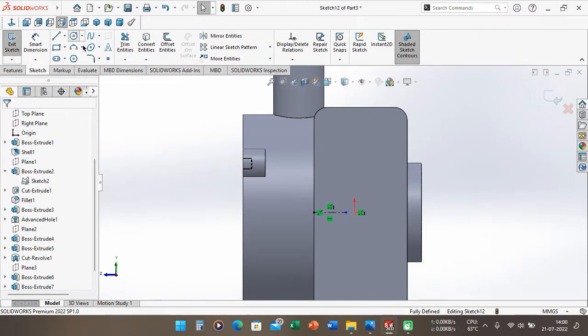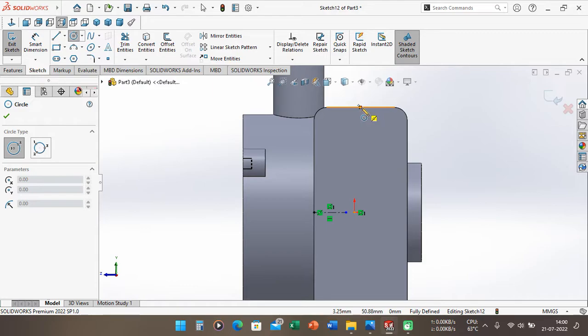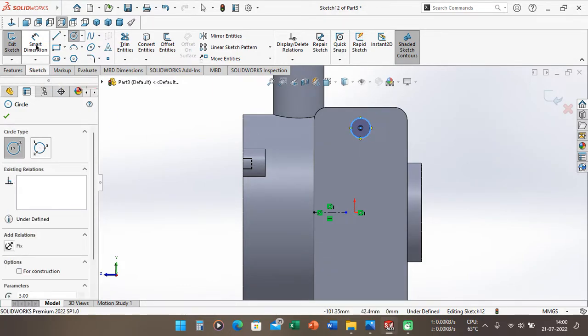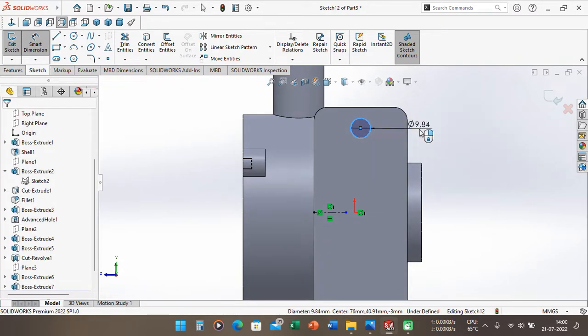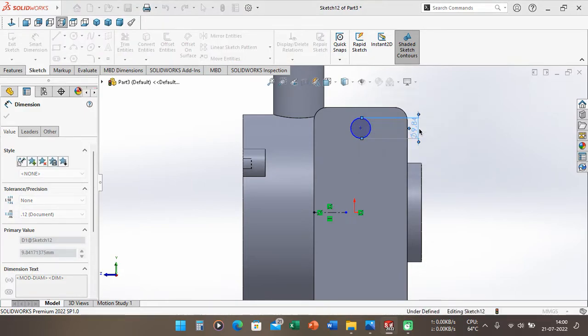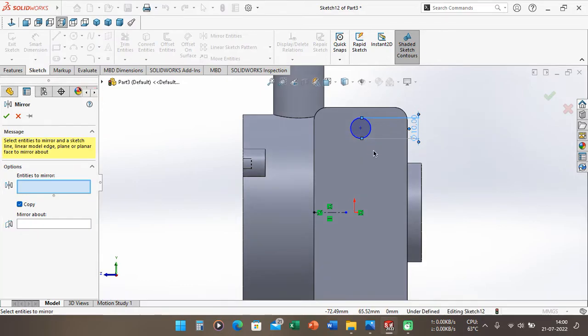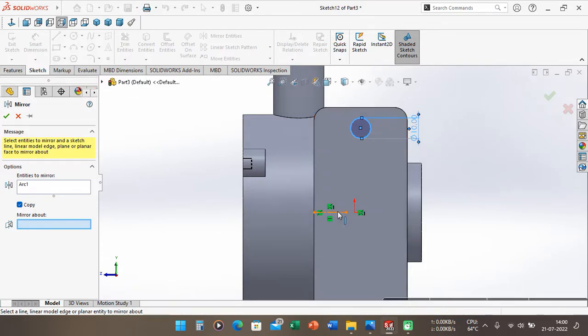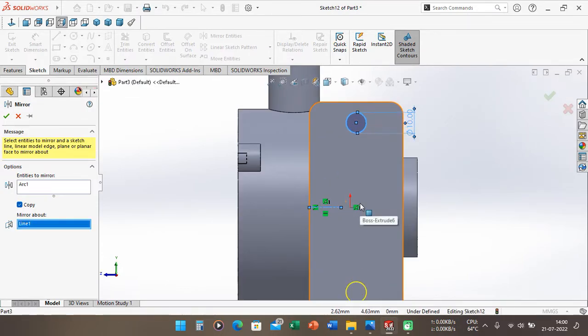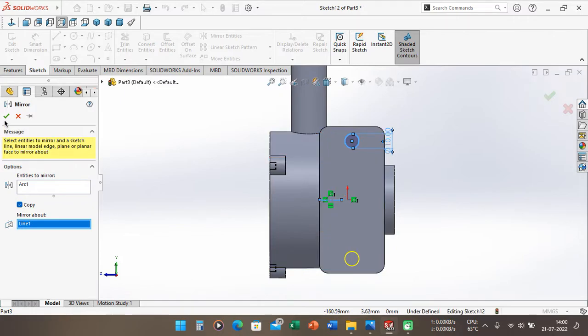Make sure your circle is put on the center of this sketch, and we can define 10 millimeter. After that, we can use the mirror entities here and just select this line and choose this line, so the circle automatically mirrors into the bottom of this sketch.